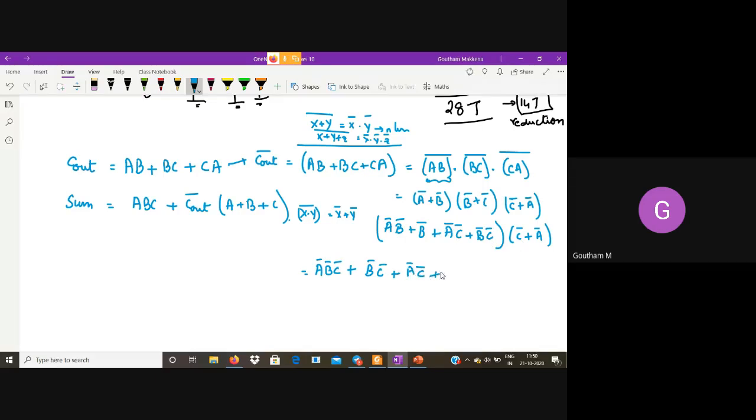Plus B bar C bar into C bar is B bar C bar. Plus again we multiply with A bar: A bar into A bar B bar is A bar B bar. Plus A bar into B bar is A bar B bar. Again, we need not write it twice: X plus X is equal to X in Boolean algebra. Plus A bar into A bar C bar is A bar C bar. Plus A bar into B bar C bar is A bar B bar C bar.